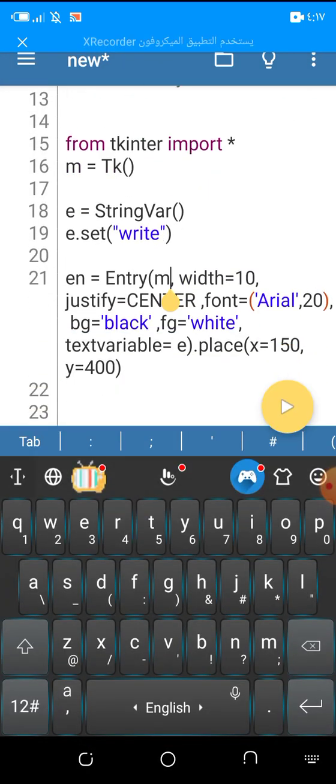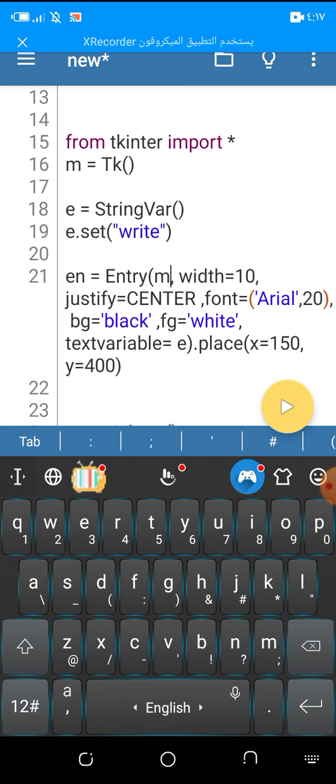m, or any variable that I want, is called my parent. So we write here the parent or the place where we will put our entry or anything like a label or button. After that, I write comma